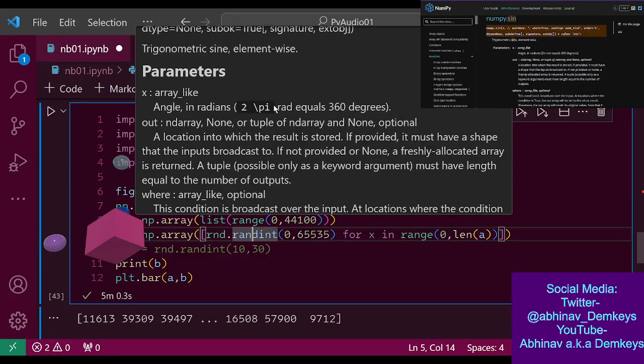So here's what we can do, right? Angle in radians. Okay, how should I? Oh, I can run a for loop.